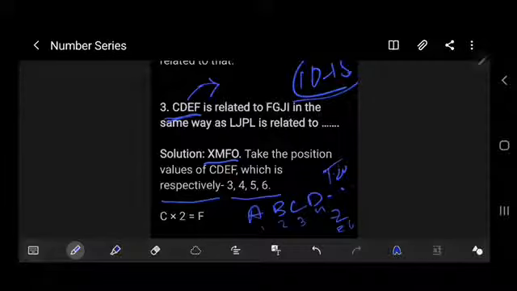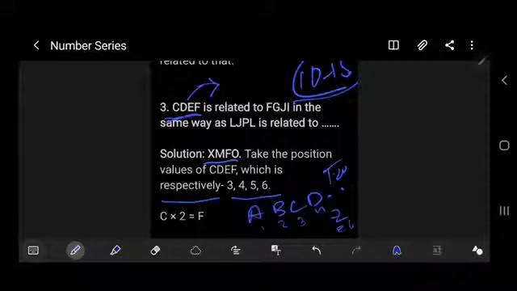You can learn it also, or whenever you get the answer sheet, you can write A, B, C, D up to Z and put the numbers in ascending and descending order both, because it is going to help you in your exam. And you'll definitely get 3 or 4 questions from this portion.